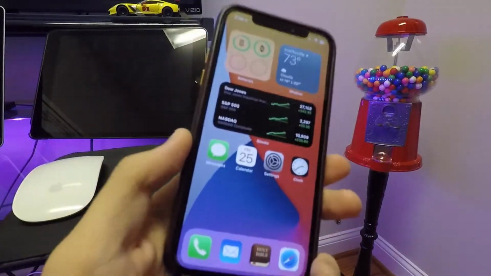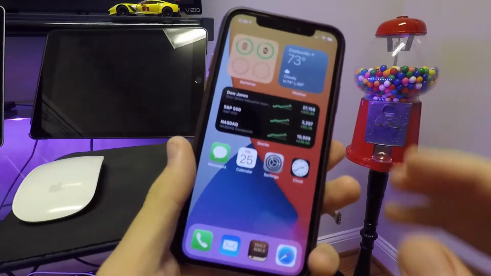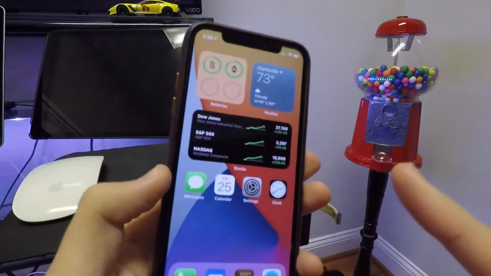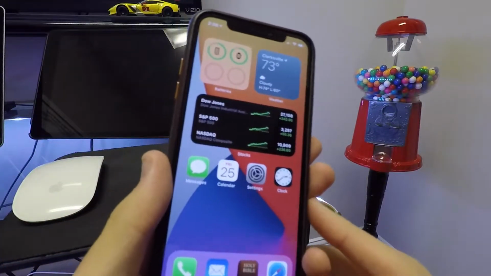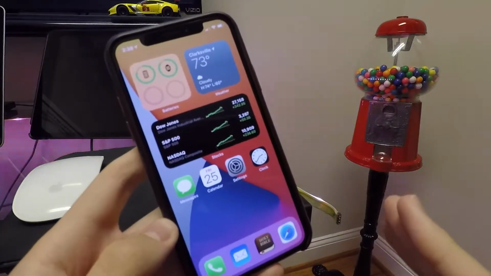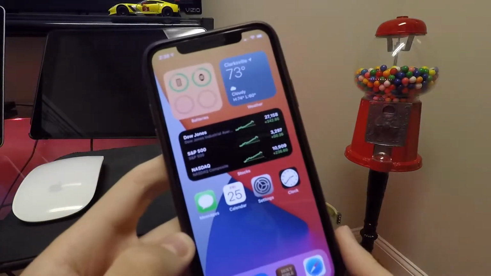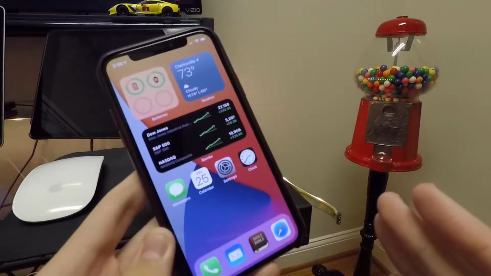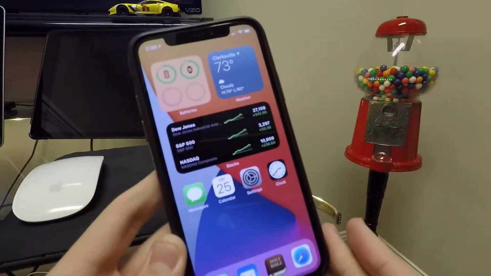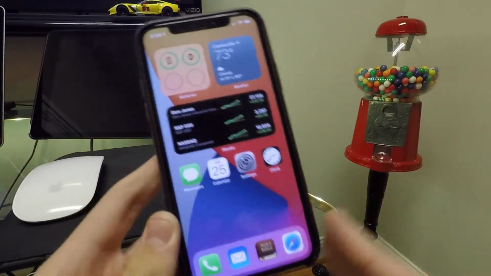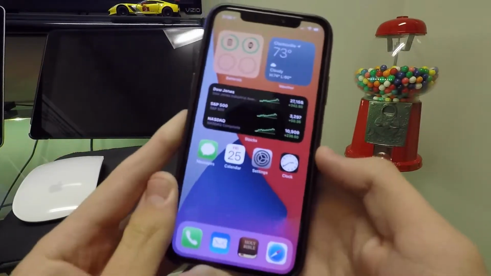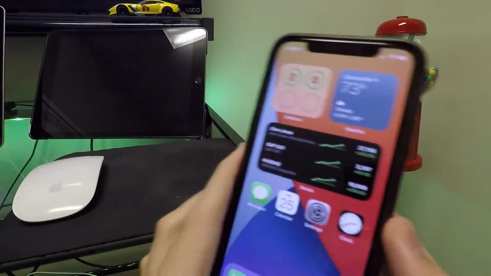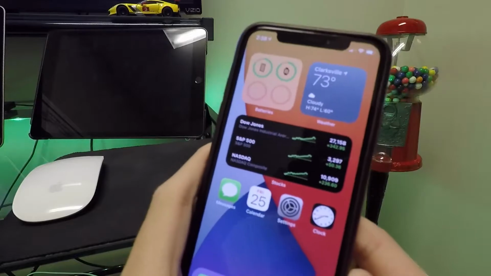Hey everyone, it's Benjamin here again, and today we're going to be talking about the first update to iOS 14, and that's going to be 14.0.1. So you can probably tell by that software release number there that this is a pretty minor update. Now this basically addresses a few bug fixes and issues that have come up that users have been reporting. So let's go ahead and talk about what has been fixed here, and then we'll discuss what is new as well in iPadOS